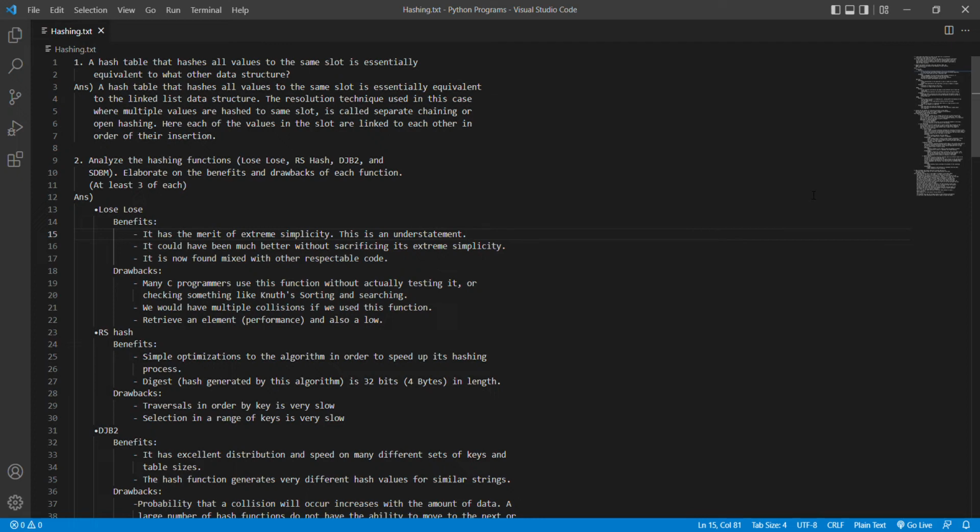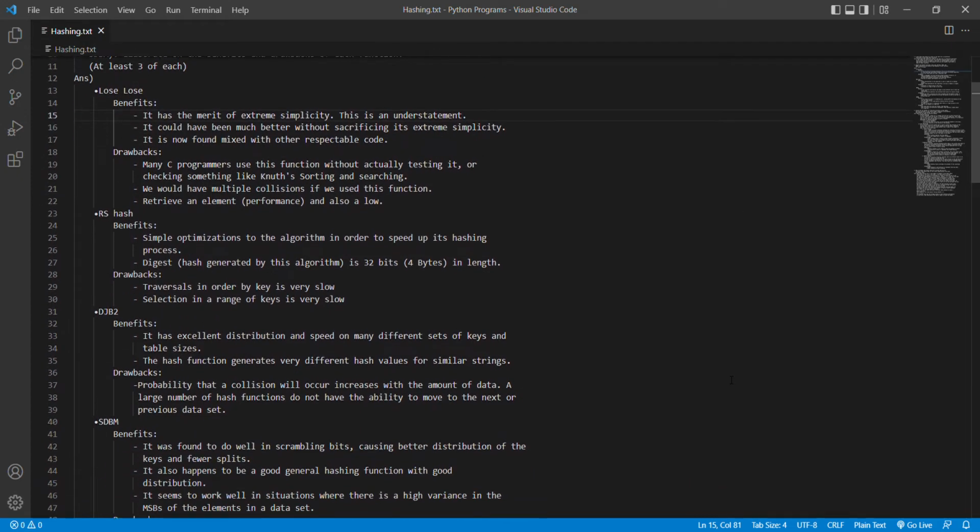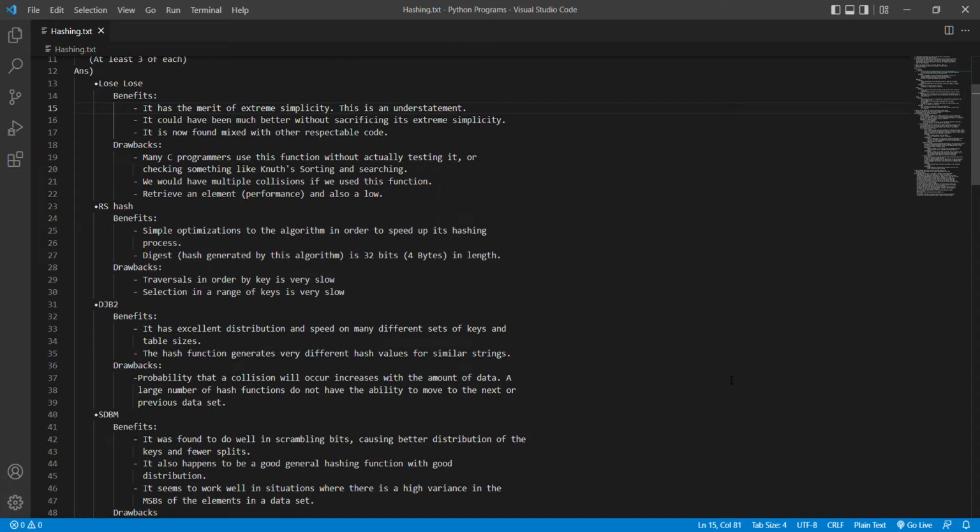The second question is regarding the hashing functions. The first function that we discussed is lose lose. Here are the benefits of that function: it is an extremely simple function to get the hash, and it could have been much better without sacrificing its extreme simplicity. It is now found mixed with other respectable code. So the main benefit is that it is very simple